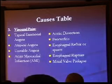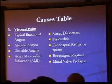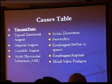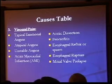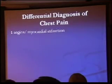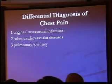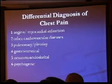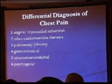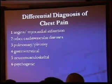The visceral pains which are of importance can be of cardiac origin, like angina, myocardial infarction, aortic dissection, pericarditis. It could also be because of esophageal reflux, rupture, or a mitral valve prolapse. I would just like to highlight the broad differential diagnosis of chest pains. Now, according to the frequency, we can broadly classify them as angina, myocardial infarction, other cardiovascular diseases, pulmonary or pleurisy,